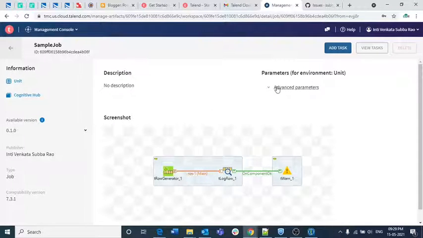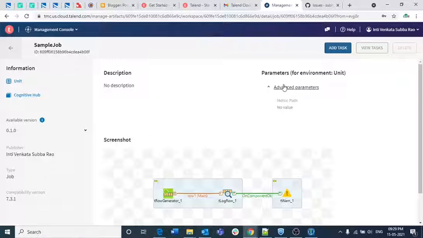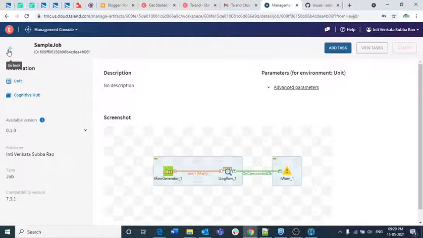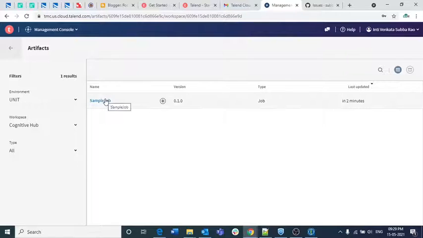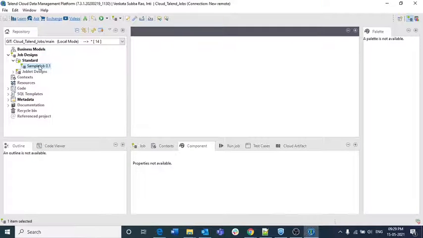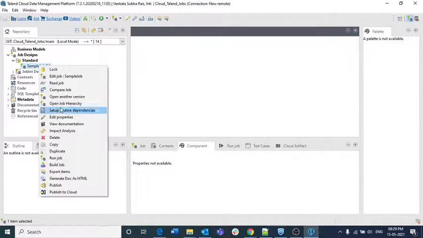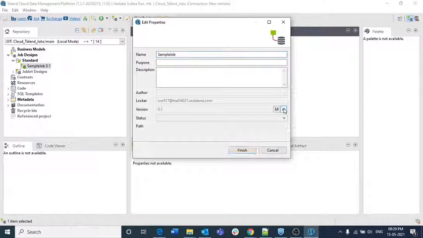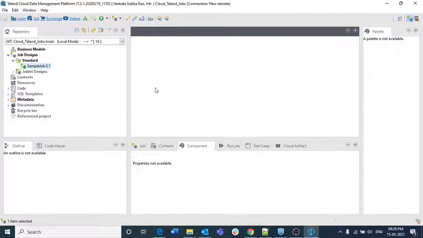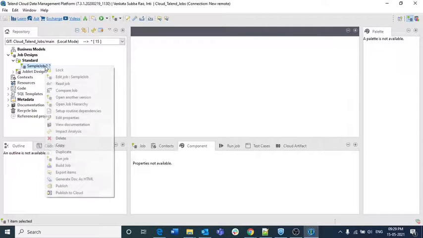And here if you look into this, we didn't have any advanced parameters. Similarly, if you come back, this is the basic version. As it is the initial version, we have it as 0.1.0. If you publish the same job again from the studio to cloud, it will show 0.1.1. Okay, I will do it again. Suppose I am changing it to some other version: edit properties, I am changing it to some 0.2 version, and now I want to publish it